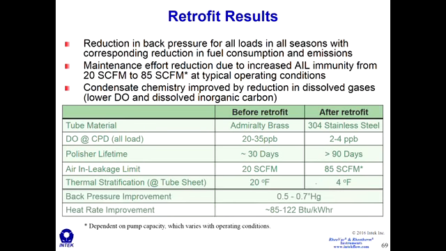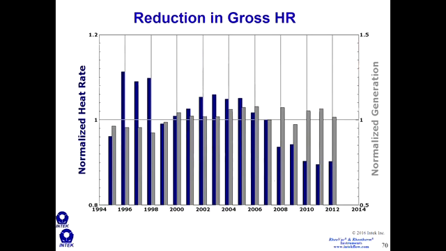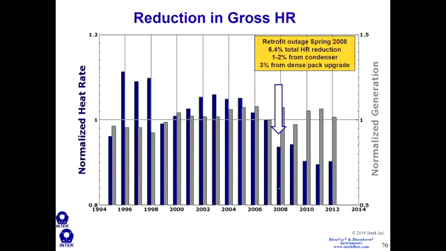All of this correlated to about 85 to 122 BTU per kilowatt hour reduction in heat rate. So some very significant improvements that we made to this Westinghouse condenser. These changes were so big, they could also be seen in the data reported to the EPA in their continuous emissions monitoring database. Right here,